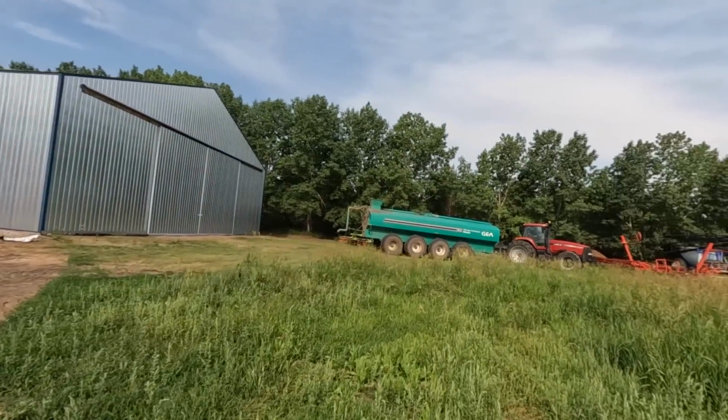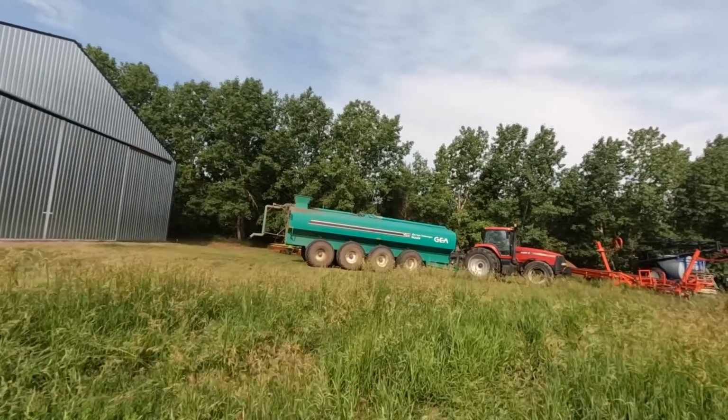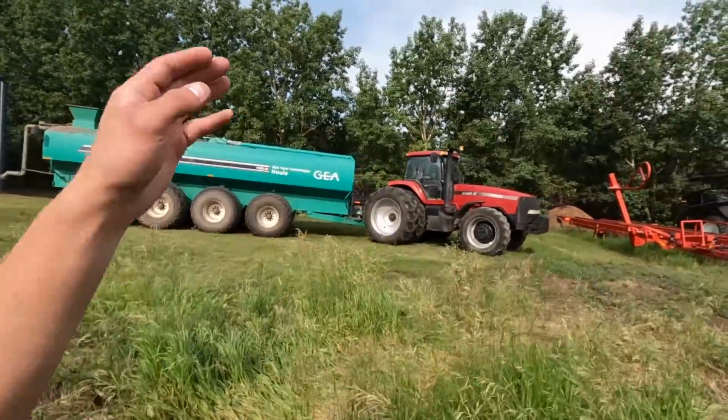It's the next day, and I'm trying to park our liquid manure tank, still hooked up to the MX285. We're gonna be chopping rye this Friday, most likely. So we gotta get this thing dropped off, take the duals off the MX285, and get it back hooked up to the JF stall. And we're trying to park this thing, but yesterday, unfortunately, I put the draper header